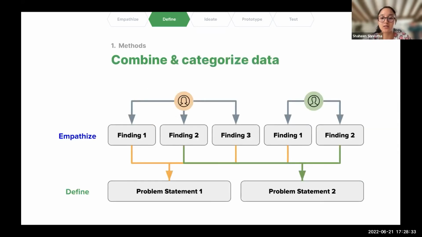So, combine and categorize data. What does that mean? It means that in a team there are, let's say, 4 or 5 people. Each person has their own findings, their own research. They have their own data that they have collected through the methods that I talked about earlier, through interviews, through online research, and so on. After we have this data in our hand, we combine it to make one problem. Each person makes one problem statement. So then every team has 1-2 problem statements. Then, moving forward,